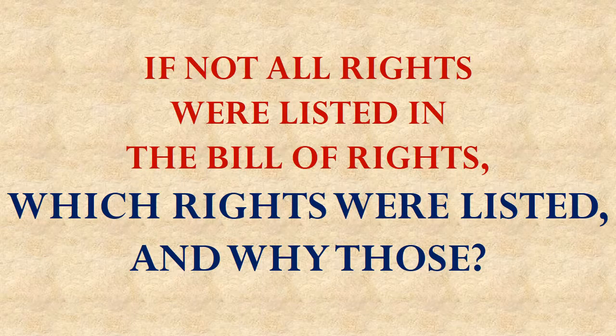So the people who wrote the Bill of Rights had to make choices. They had to say, okay, we can't include everything here. So we're going to have to pick some to include and not others. Now, we're going to have this catch-all at the end, this Ninth Amendment, that lets people know that, hey, you do have other rights we didn't bother to write down. But they did choose to write down some of them. Those must be particularly important for some reason. But what is the reason?